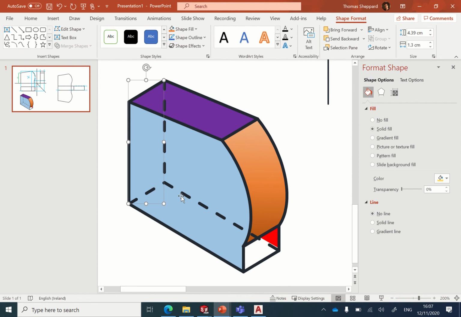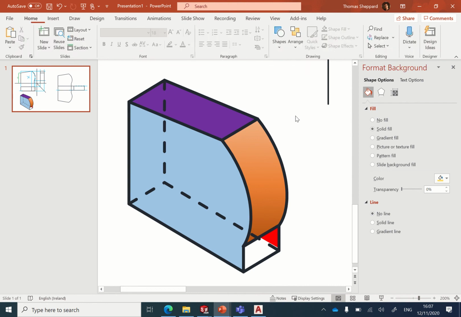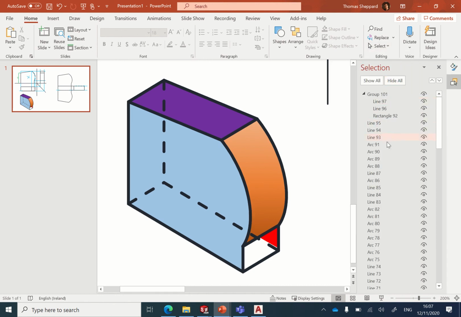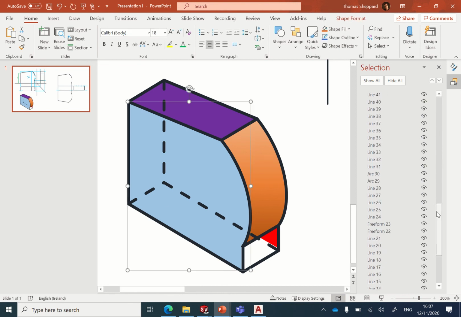There like that. If you find when you're putting your color like that in the piece itself that you can find it hard to select something, there's a handy little option here in the home tab. Over here you have the select button. If I select it and go to selection pane, it brings up every single line or point on my object. So let's say this back surface here, if I want to be able to click on it and animate it, I can't click on it at the moment because there's stuff in front of it. So if I click on this one here, and then scroll down along my selection tab here,